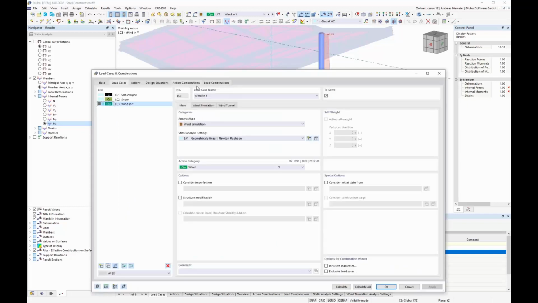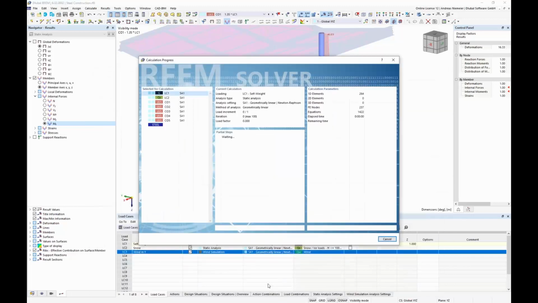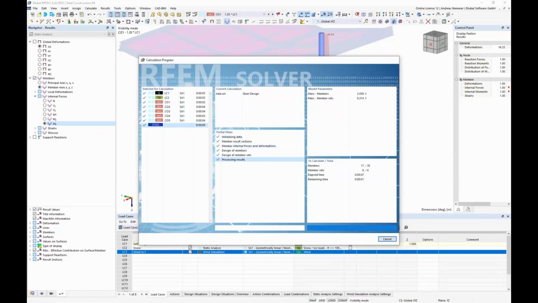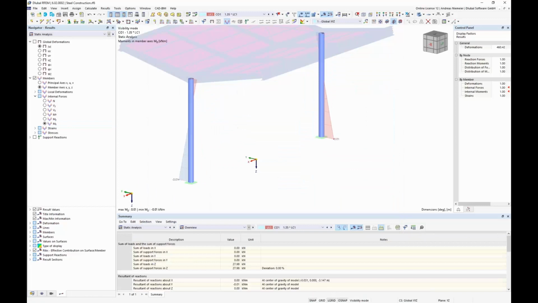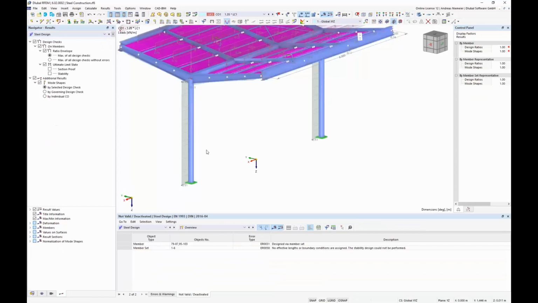So when we go here to our load combinations, the combinatorics will update the load combinations, and if we calculate all, we can calculate even a design result from these new wind loads. So this is the mighty of RFEM 6, that even the design is running in the background without any action from us as users. I get finally here, besides static analysis, even still design,